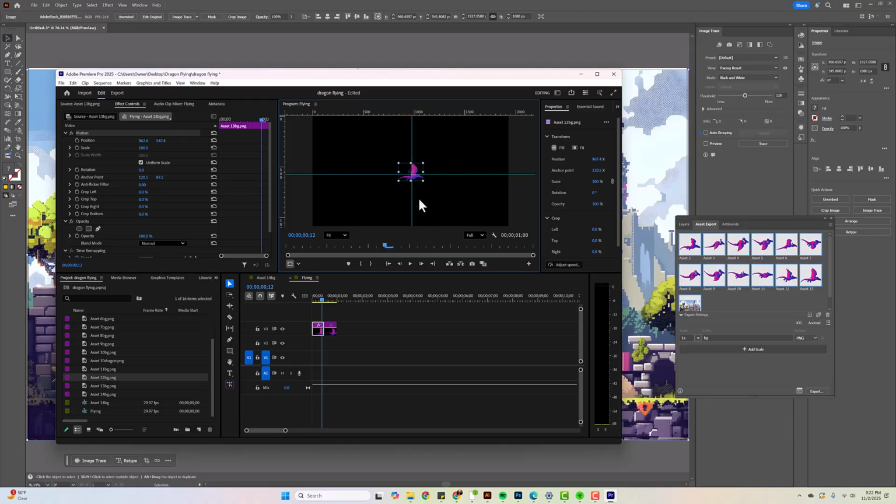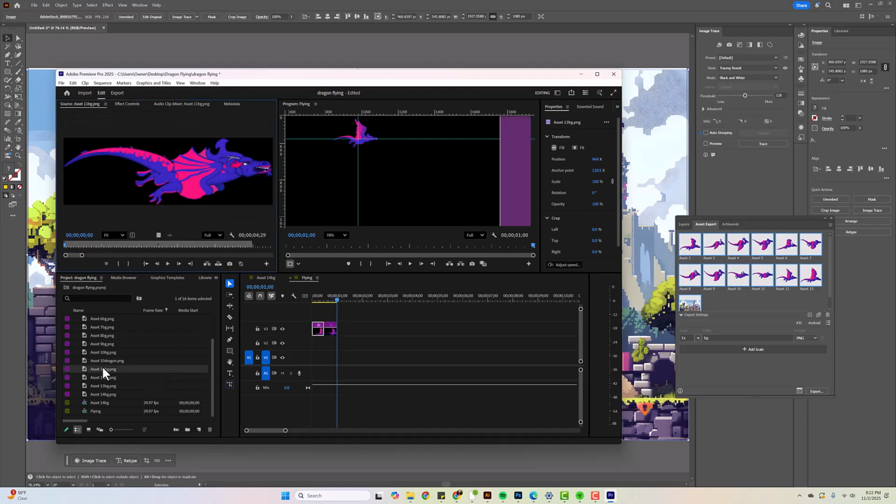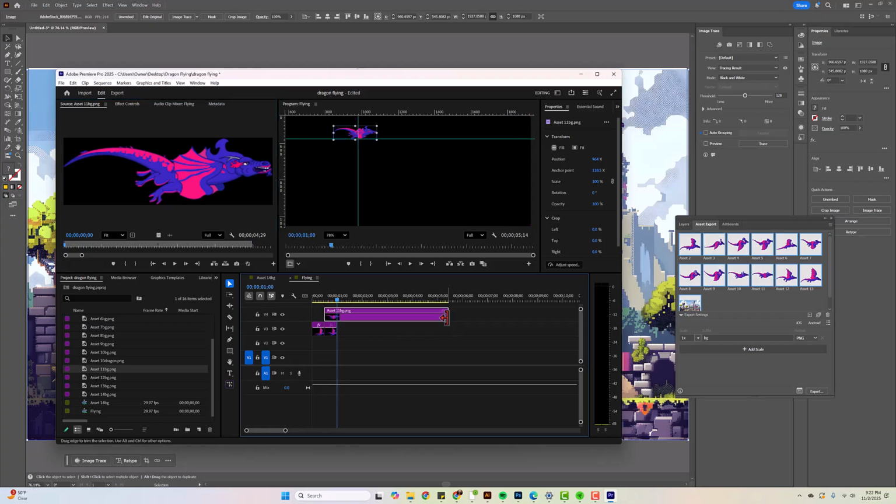And I kind of want to be exact. I'm going to roll in a little bit and just make sure that as he's flying, we get him centered. Okay, so now as I go like this and this, you should see him start to flap his wings a little bit. Okay, and now I want to add the next one in, so I'm going to go to 11, and I'm going to take 11 and just drag it down, make it the same length, put it beside it,